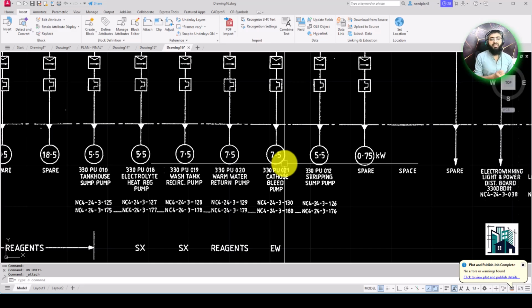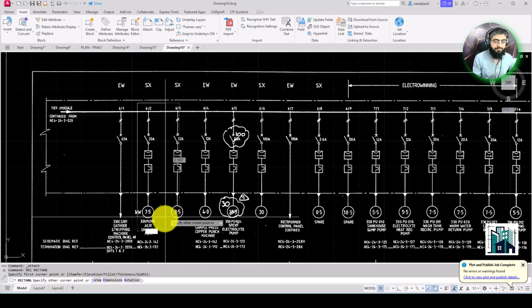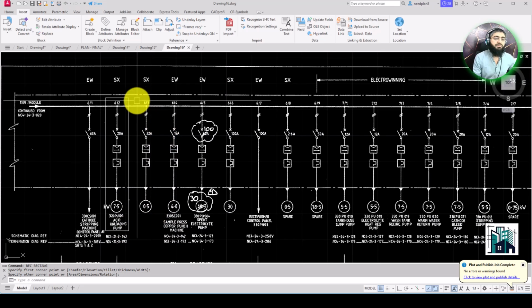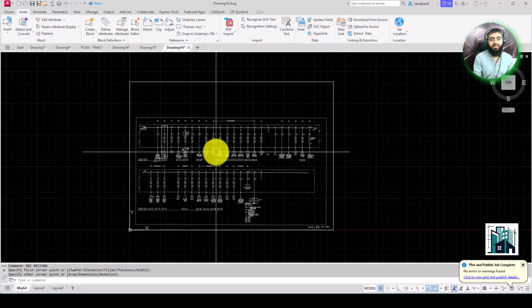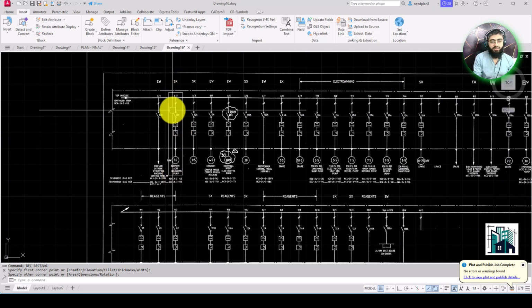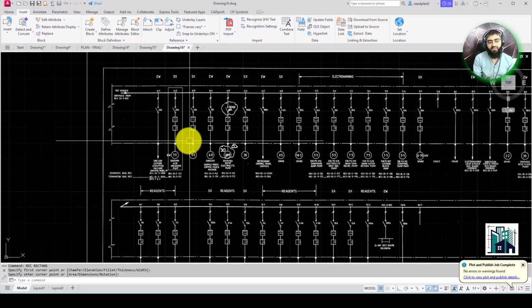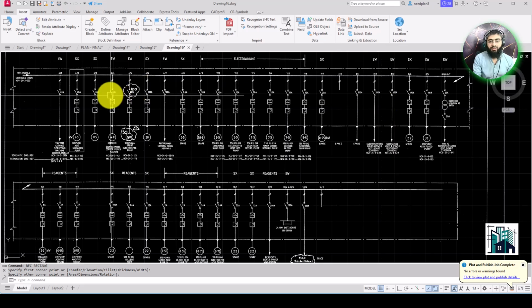So how can you create this? I will create this first line and then this one is a whole thing for every line. When we create this one, we will copy this from here to here, here to here, here to here. All of these are copy paste.